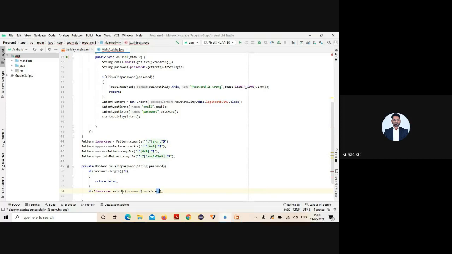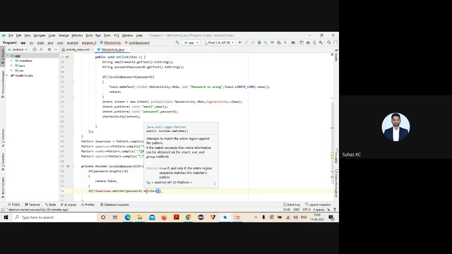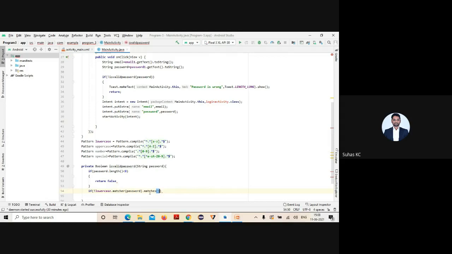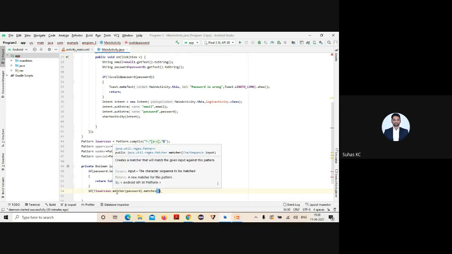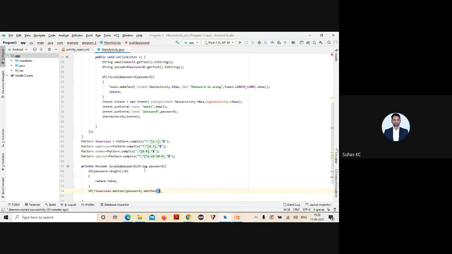Okay, so matcher is a class that is going to check the input pattern, in this case your password, whatever is entered, and that will be returned in your matches. That's it. Matches is a method of which class? The matcher class. Matcher class is used for what? It's used to match the input sequence and the password you entered, so that it is used.